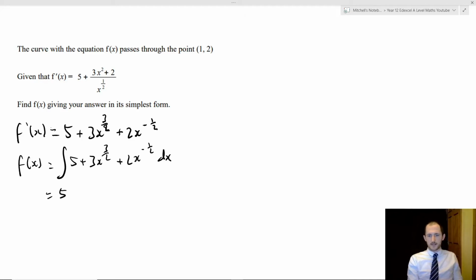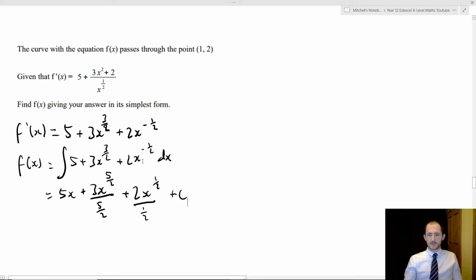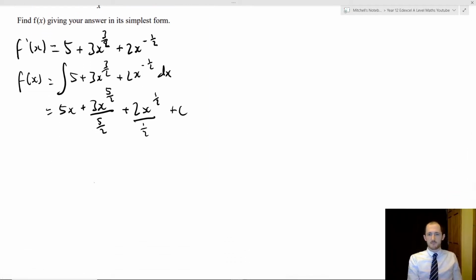So we get 5x plus 3x to the 5 over 2 over 5 over 2 plus 2x to the positive half now over a half plus c. So again, we can simplify this, and it doesn't really make a difference not to. So 5x, 3 divided by 5 over 2, so it'd be 3 times 2 over 5, which is 6 over 5, so